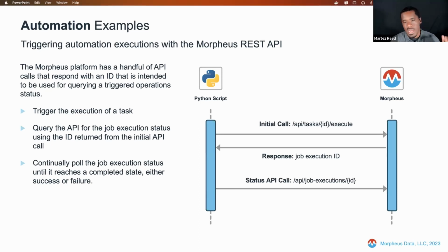So in this case, we had API/task/ID, which is the ID of the task that I want to execute. Then execute is going to accept a payload that includes data about things like what instance I want to run that against, as well as various parameters for that automation task. It's going to return the job execution ID, and I'm going to then use that job execution ID to fetch information from the API